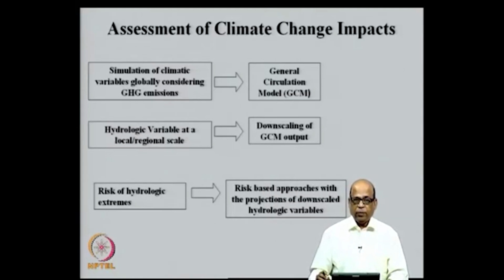These are given by the Intergovernmental Panel on Climate Change, IPCC, and for these scenarios the climate models provide us the projections of several climate variables. For example, what is likely to happen to temperature, what is likely to happen to relative humidity, what is likely to happen to pressure levels at, let us say, geopotential height, that is gravity adjusted pressure levels and so on, and what is likely to happen to sea surface temperatures, mean sea level pressure and so on. So, there are a large number of climate variables for which the simulations are provided by the global climate models or